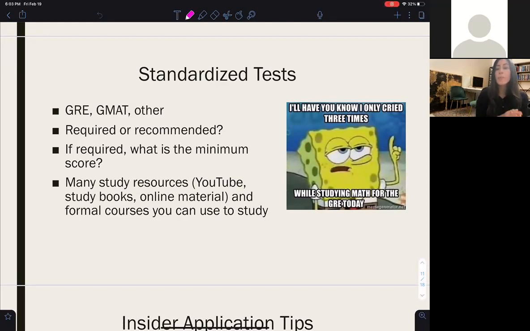And from what I've been hearing, they are on the decline. A lot of programs are trying to get rid of this requirement, so this is something you really want to check for. If you don't need to study for a standardized exam and you don't need to take it, I would say